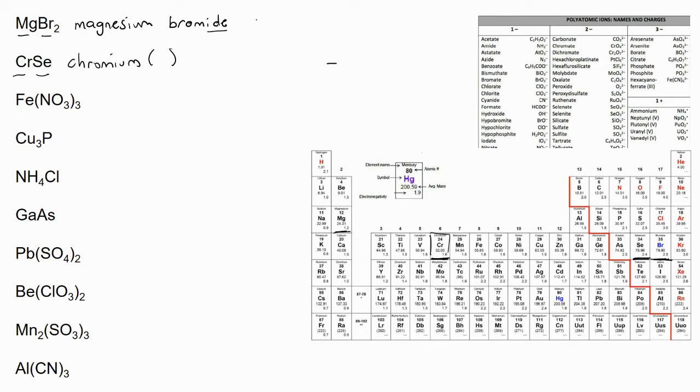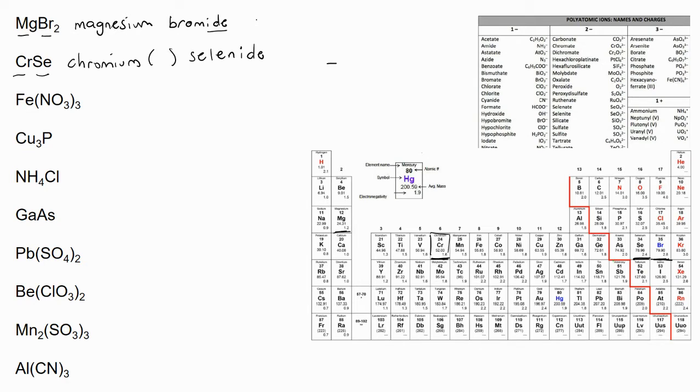Selenium. This is a weird one. It's going to turn into selenide. Don't worry so much about that, it's a super weird one. We'll give you either friendlier examples or more of the normal weird ones like phosphide or oxide. Okay, so we've got both parts named, the cation and the anion, but the last step is that we need